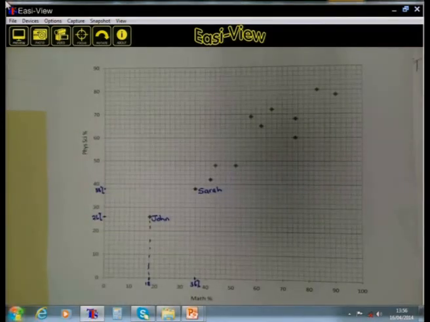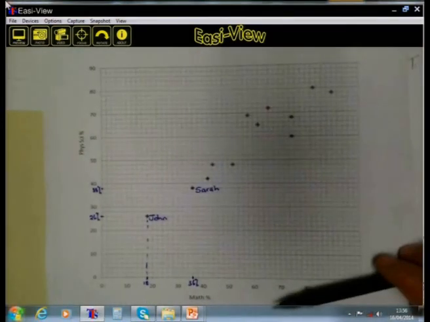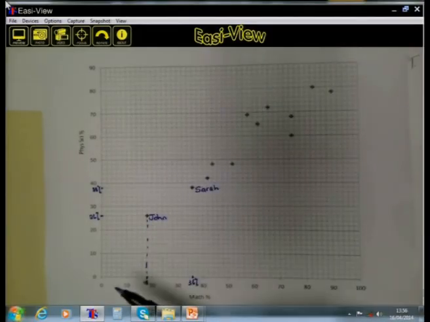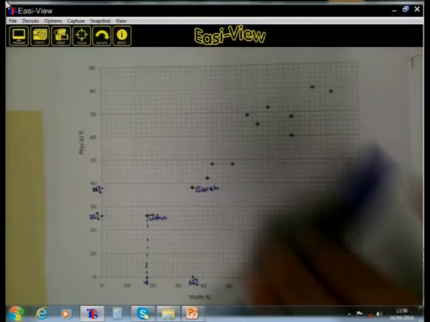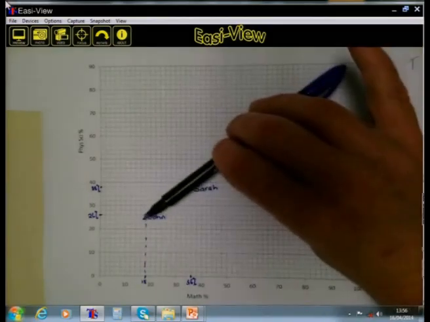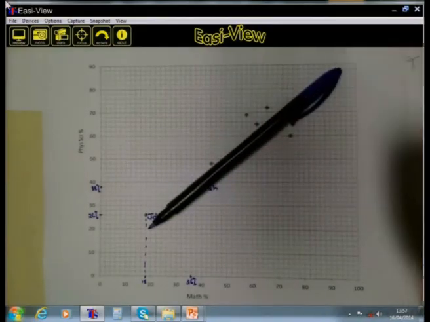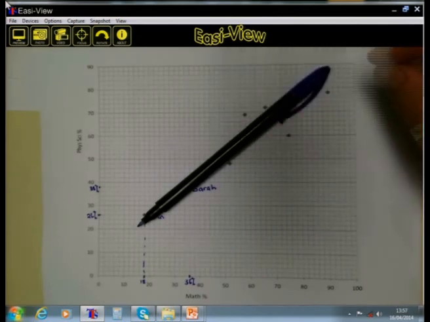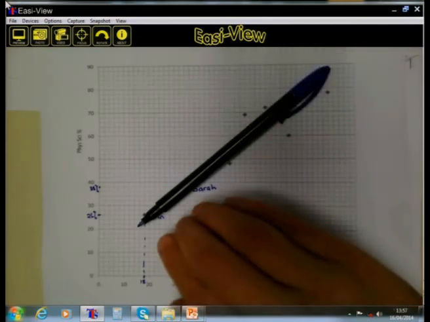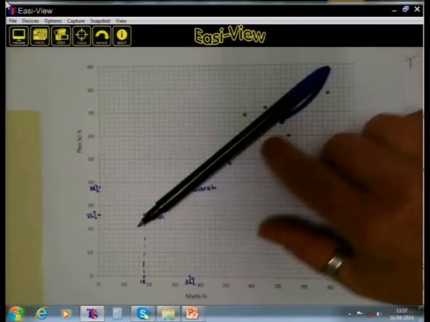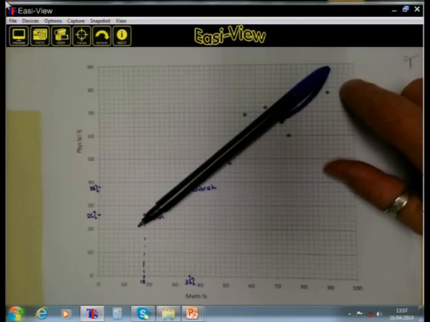We are now going to search for a correlation after we have plotted the various points on the graph. If we now try to look and see if we can draw a straight line here somewhere, it's going to be difficult. But if I can put my pen like this, you will see that more or less, since the pen is now thick and because of the data that is a little bit spread, we do see a correlation, or we see a tendency that there is what we call a positive correlation.